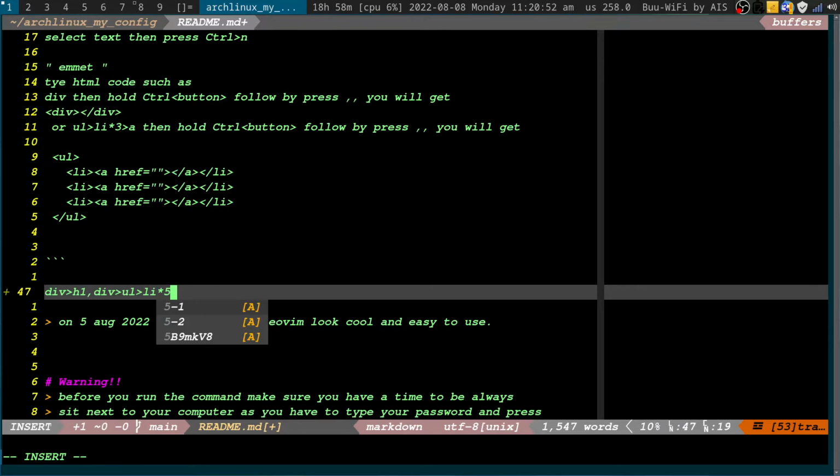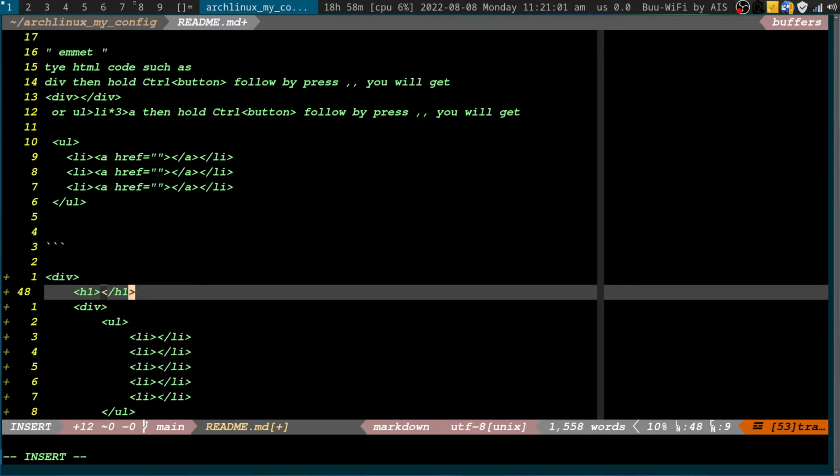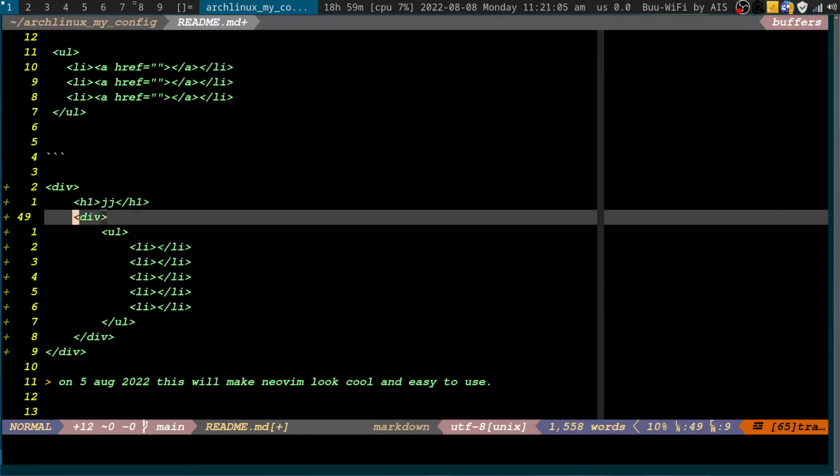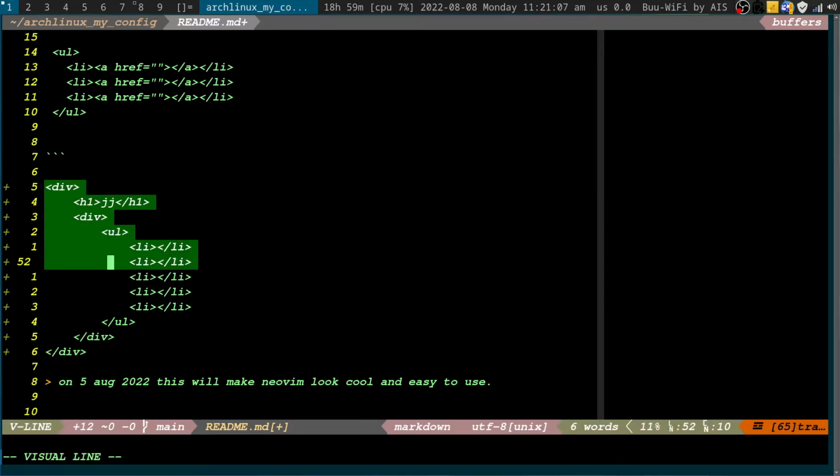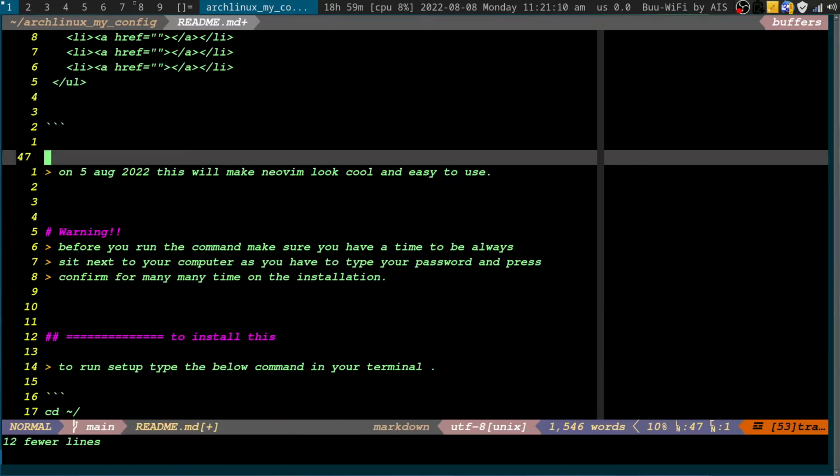And you're also going to be able to do something like this. After you type this and press Control, comma, two times, Control, comma, comma, you get this. That's simple, right? This one is a plugin called Emmet. I'll show you how to do this, but first of all, before you can do this,